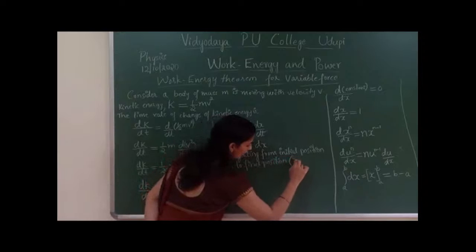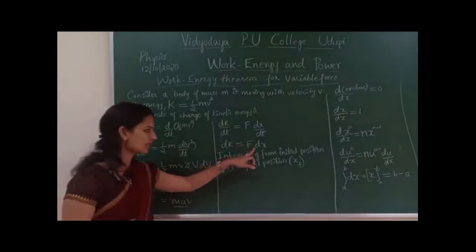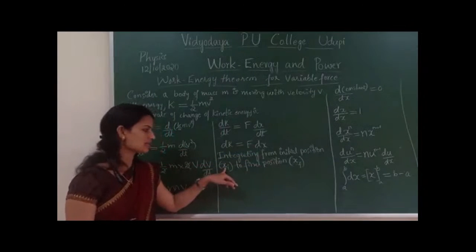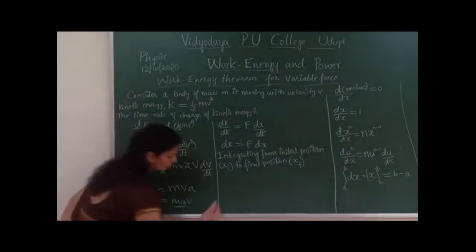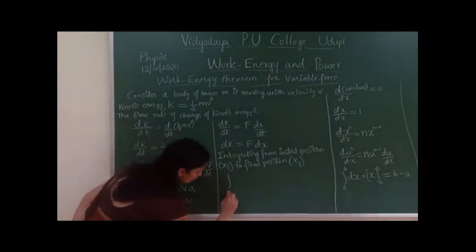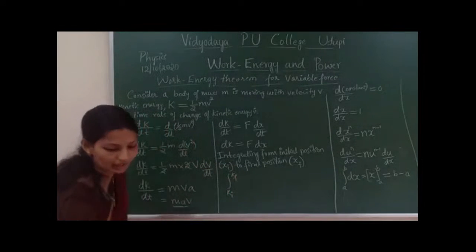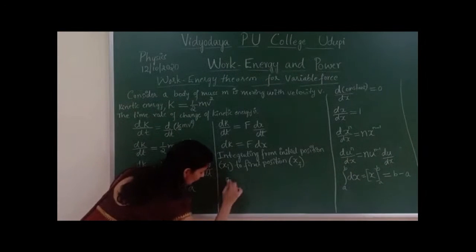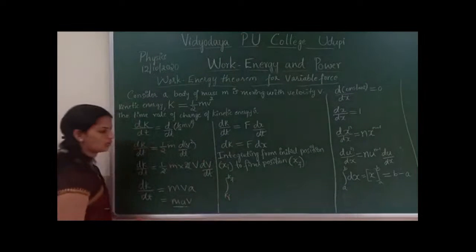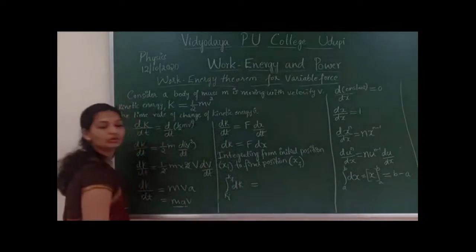Final position is xf. We have to integrate these things between the limits xi and xf. This is the kinetic energy value, so we have to take the limits Ki and Kf. Upper limit is Kf and this is the lower limit Ki, into dK,